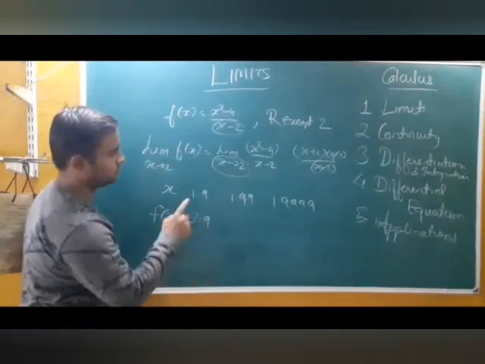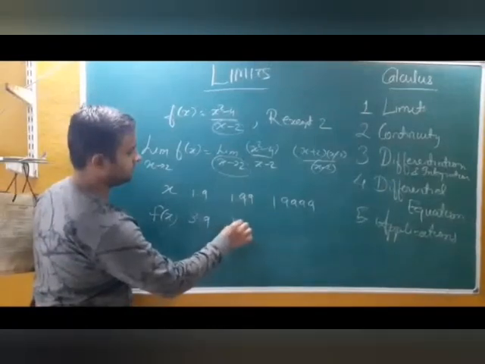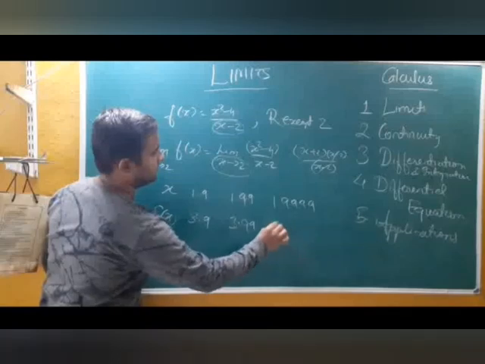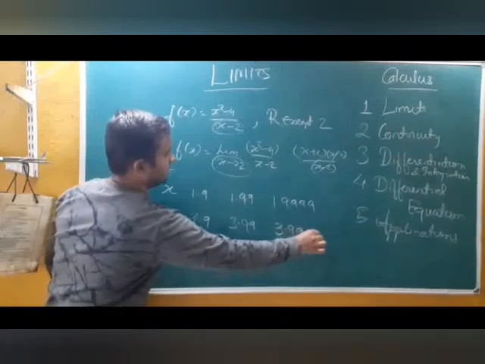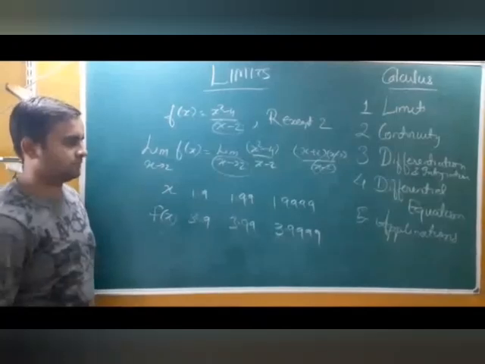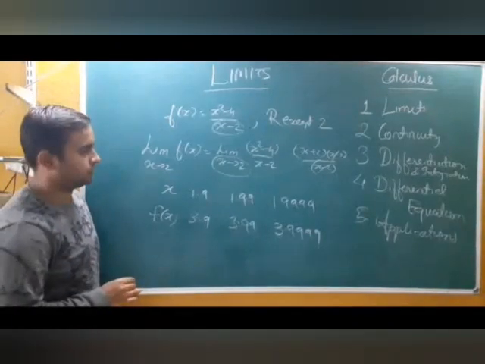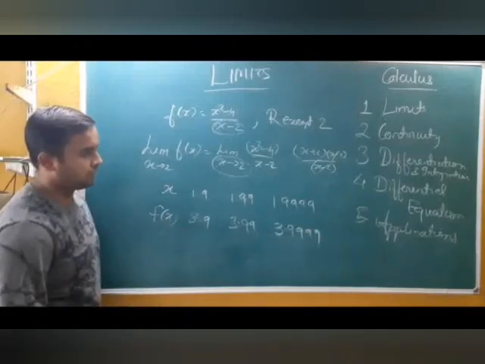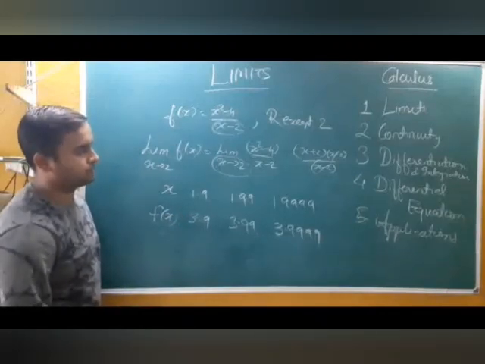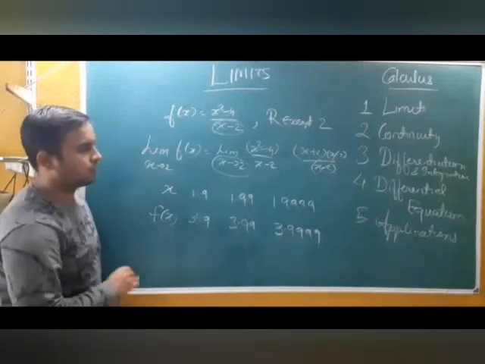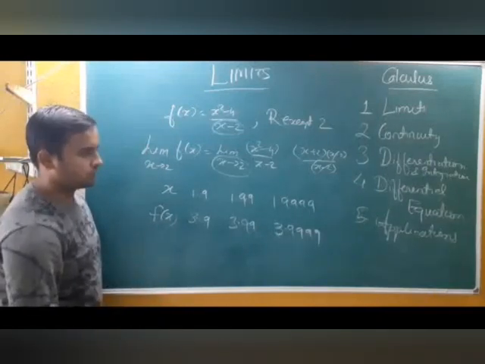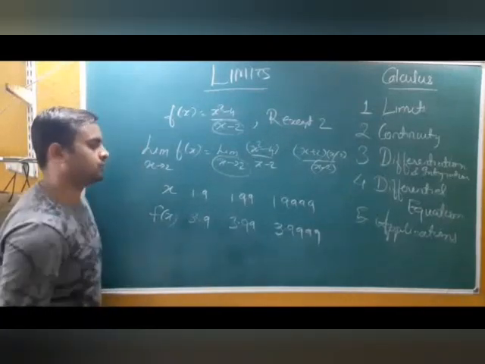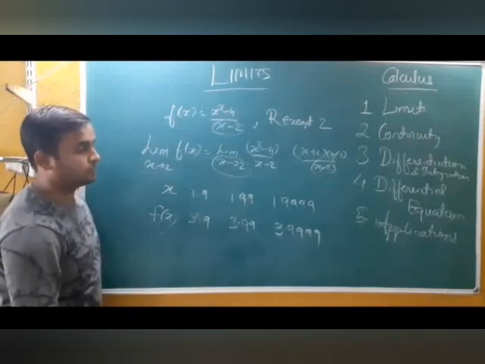So x plus 2, 1.9 plus 2 is 3.9. Similarly this will be 3.99, this will be 3.9999. Again, if you observe the behavior of the function at different values of x which are closer to 2, we can see as x is approaching very close to 2 from the left hand side, the value of function will behave similarly, that it will also be approaching towards 4. Yes, that is the observation.